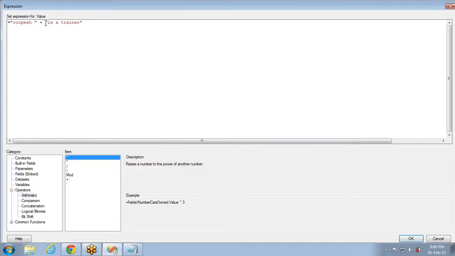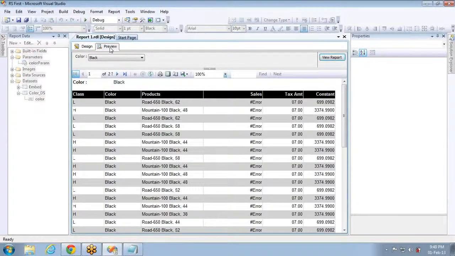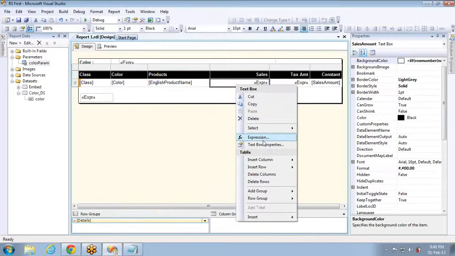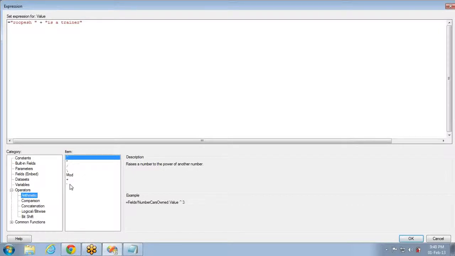What will happen if you give Rupesh is a trainer plus 5 here? This is integer and that is textual information. You have both here, and what will happen now? You can see, both are different, so I cannot do anything. Both are not of the same data type. You pass one textual information and one integer information, and the server does not understand what needs to be done here. Okay, this is how you can use plus operator for two things. One for concatenating the text, and second one for adding the integer values. And the last one, minus, you are very well aware of this, you just try it at home.